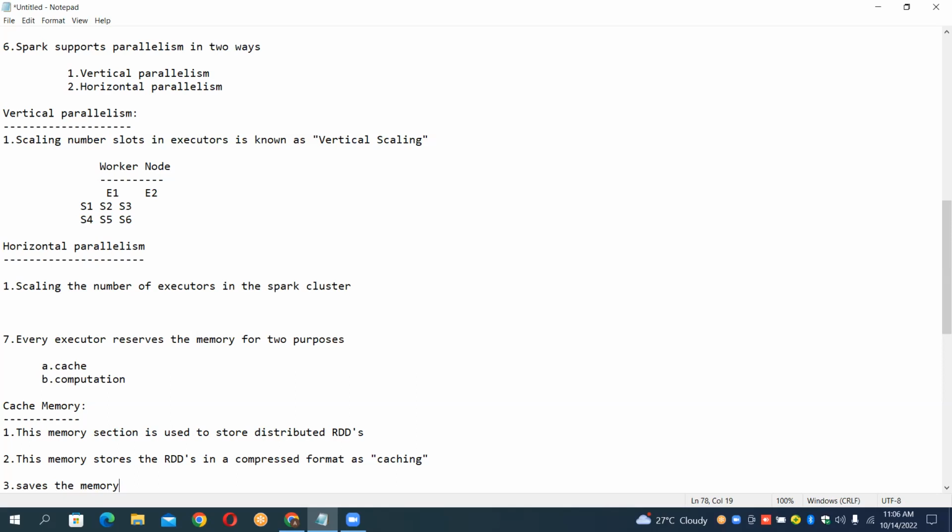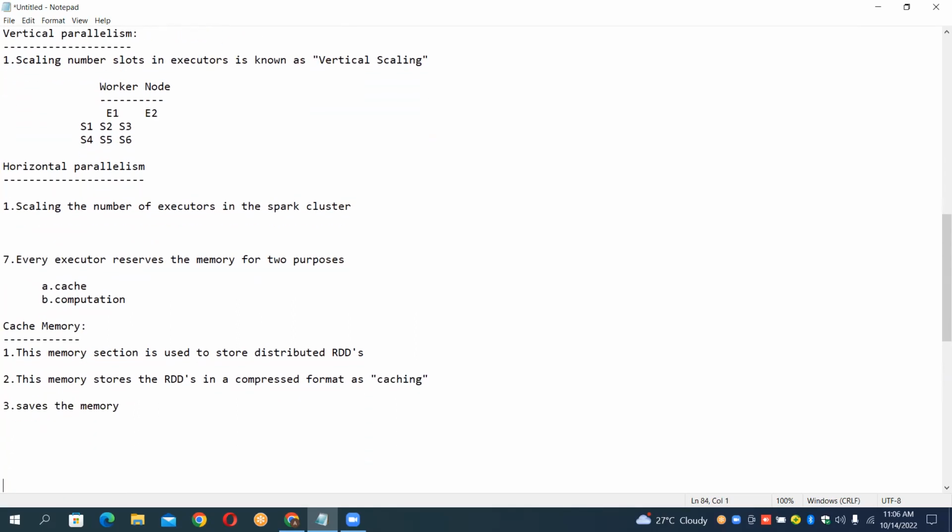Now one more memory is dedicated here: computation memory. Why do we use the computation memory, guys? For processing the data. That means the actual task will be executed here. I'm writing it: compute section. Actual process will take place here. The compute section is utilized